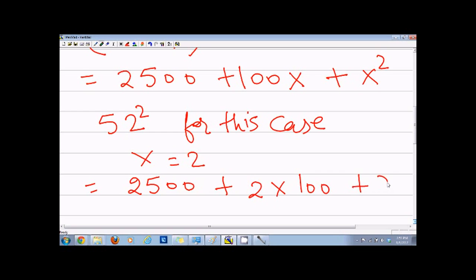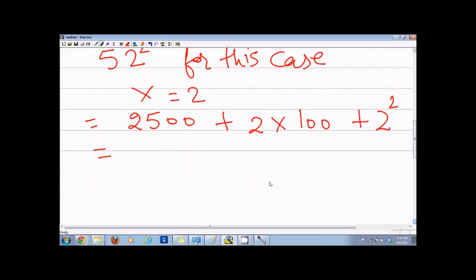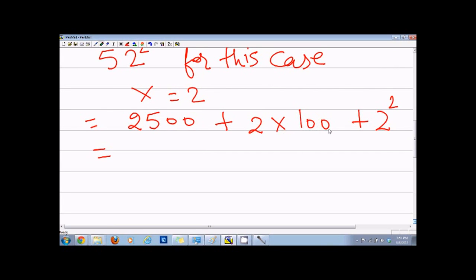And you can see, because 2 is at the 100th place, this 2 will be added to 5, and this 2 squared is at the first place, so it will come up on the last digit. So we will have